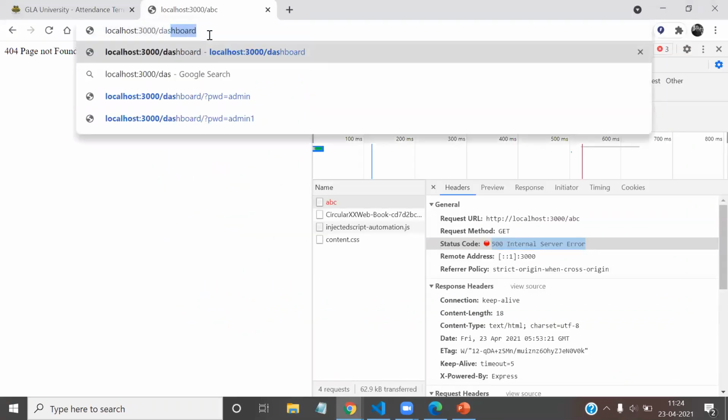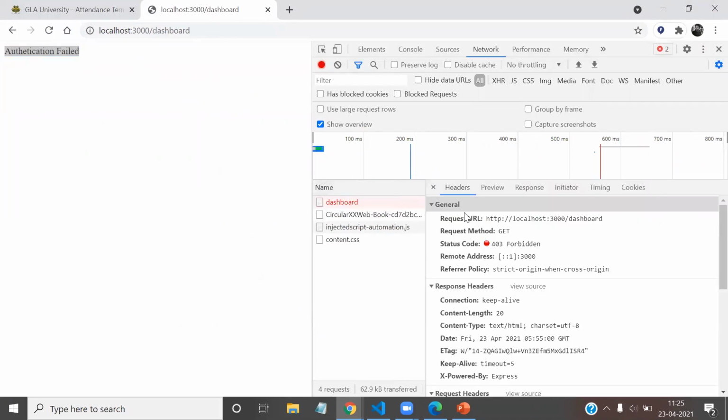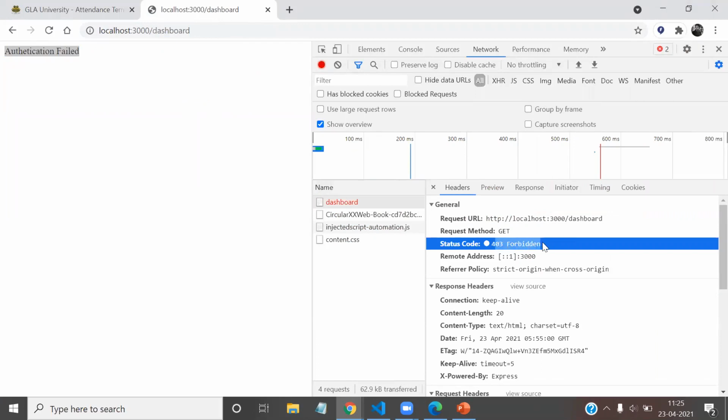If I try to directly access the dashboard, it will give me authentication failed. See, authentication failed, and we are getting the error as well, 403. So an error handling middleware can handle any type of error. This is a way we can use error handling middleware with Express.